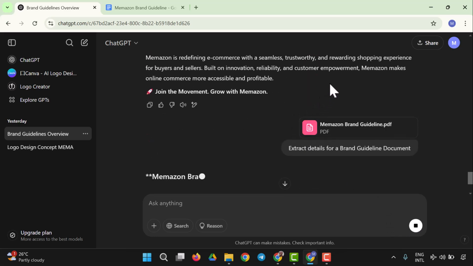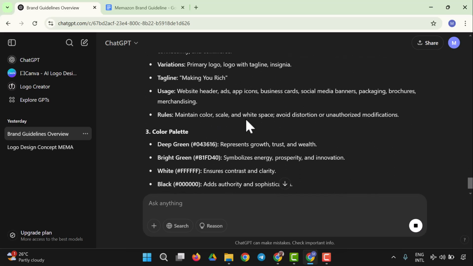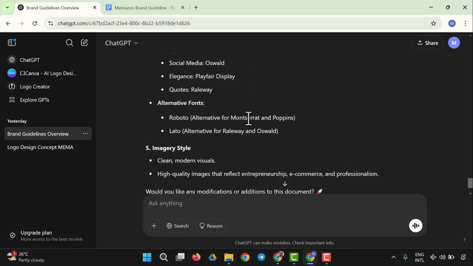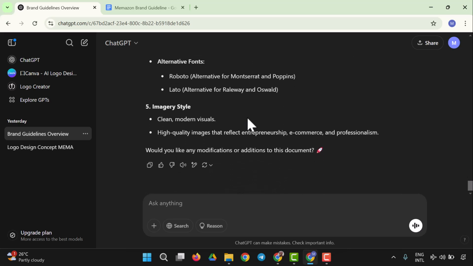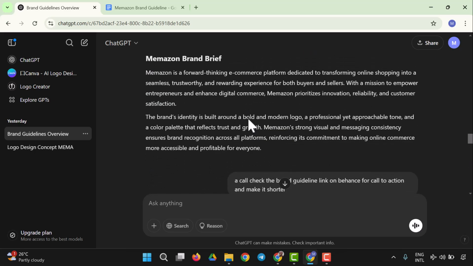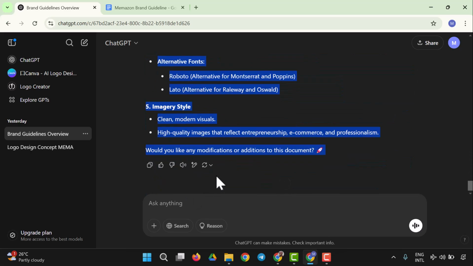So I sent in my prompt, and I'm waiting for that to get done. So we have an Amazon brand guideline where details are extracted from the main brand guideline I designed. It's as clean as that. I would say everything is okay. So all I have to do is copy all this, and I would say